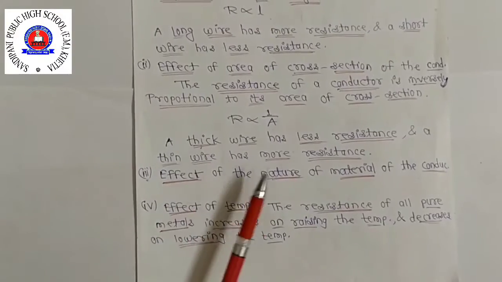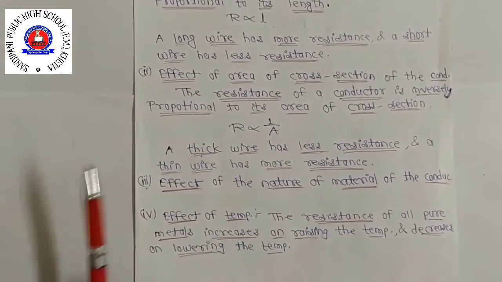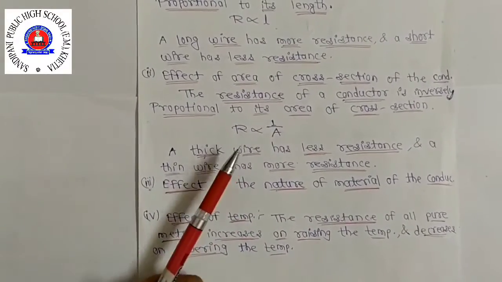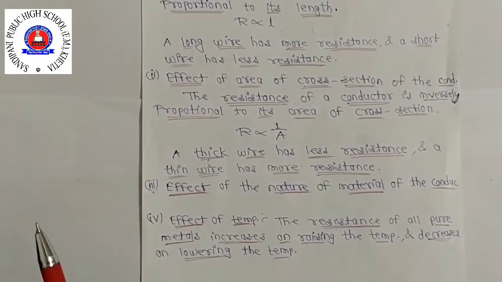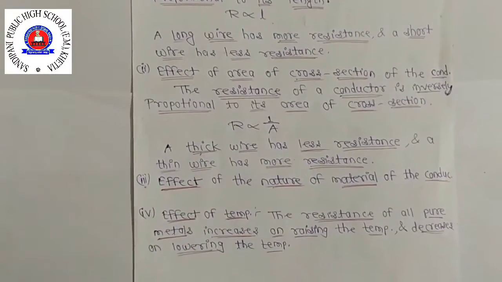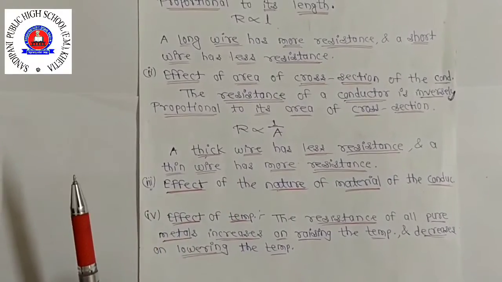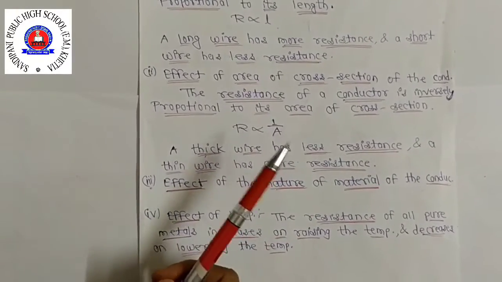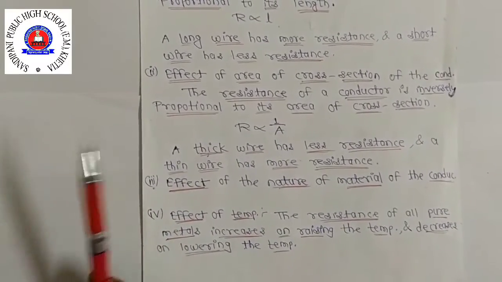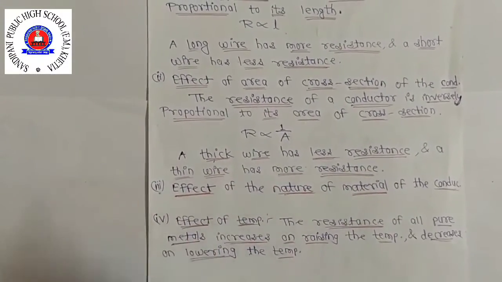Now the next one, effect of nature of material of the conductor. The electrical resistance of a conductor, say a wire, depends on the nature of the material of which it is made, meaning what material the conductor is made of. Some materials have low resistance whereas others have high resistance. For example, if we take two similar wires having equal length and diameter, one of copper metal and one of nichrome alloy, with equal length and equal diameter,